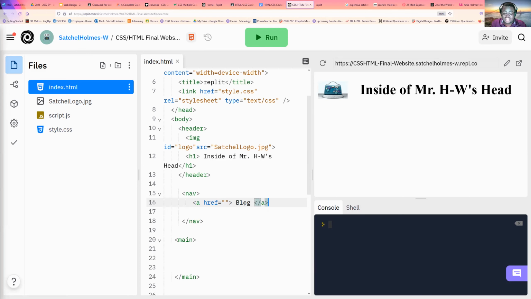Okay. And we're just going to close it like you normally would. And then what I'm going to do is work smarter, not harder. I'm going to copy this down, and then I'm just going to change it from blog to gallery. I'm going to change this last one to, let's say,